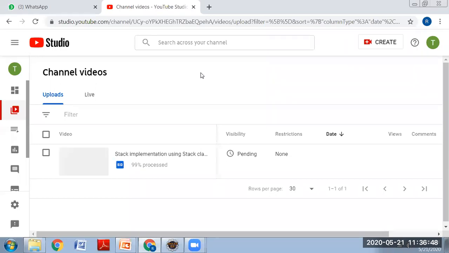Out of these four, one important point you remember is, for linked list and stack, the linked list class is there, the stack class is there. But when we come to sets and queues, directly classes are not available, interfaces are available. For queue, the queue interface is there. For sets, the set interface is there. We can't use the queue interface directly to create a queue. Similarly, to create a set directly, we can't use the set interface. We want some classes to implement the queue interface and the set interface.